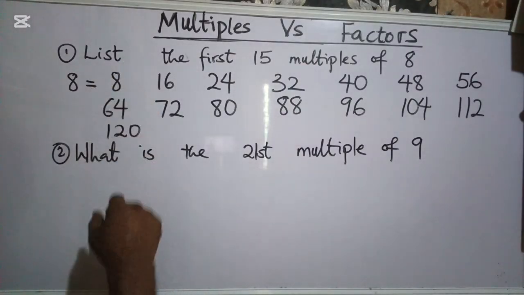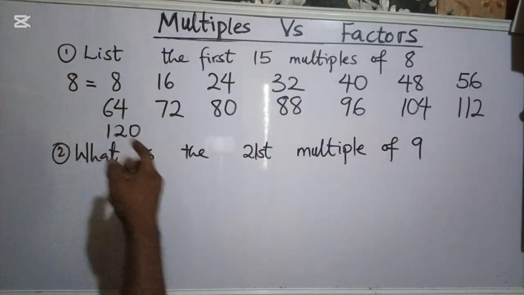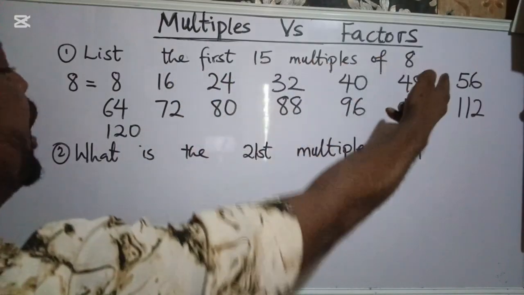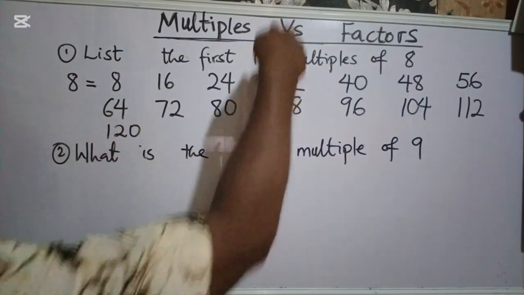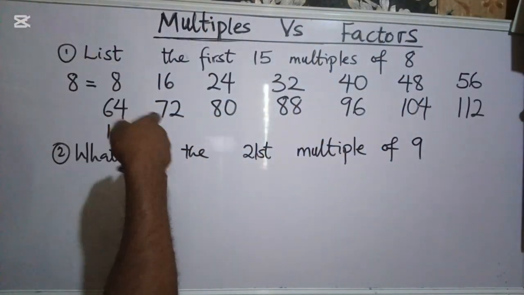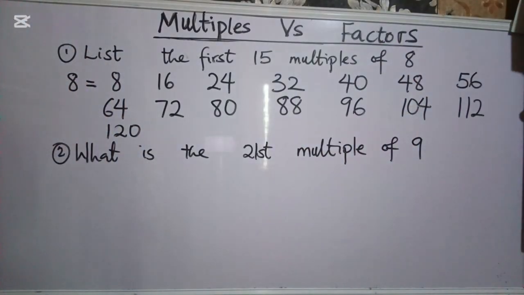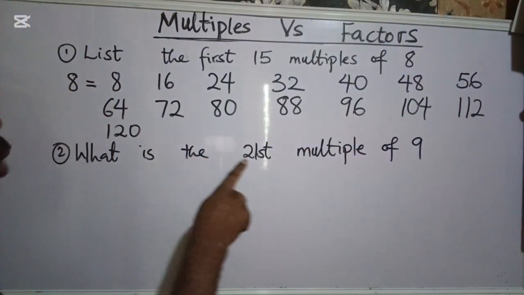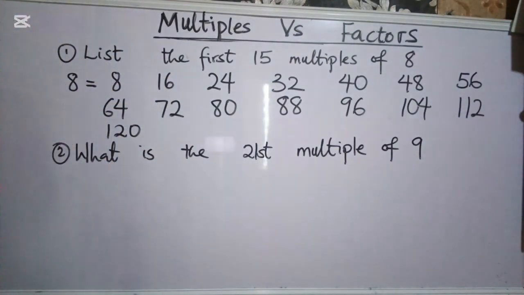Just like this one now, the one that is at the 9th position is this. So if they ask you what is the 9th multiple of 8, it is 72. And you know how we get that, we just say 9 times 8: the position of that multiple times the number we are listing multiples of. So now when they say what is the 21st multiple of 9, that means to do this one is just